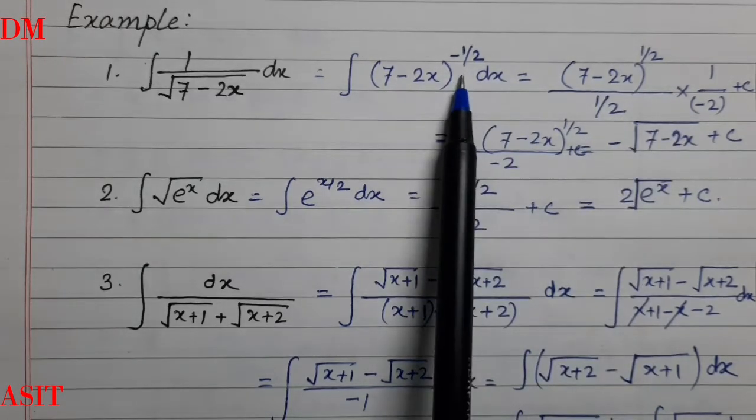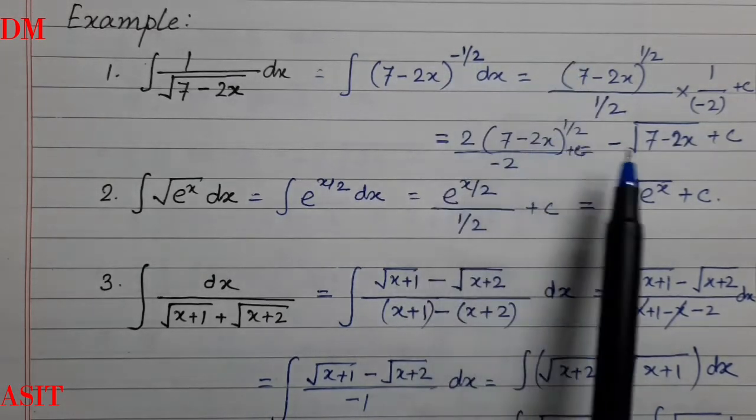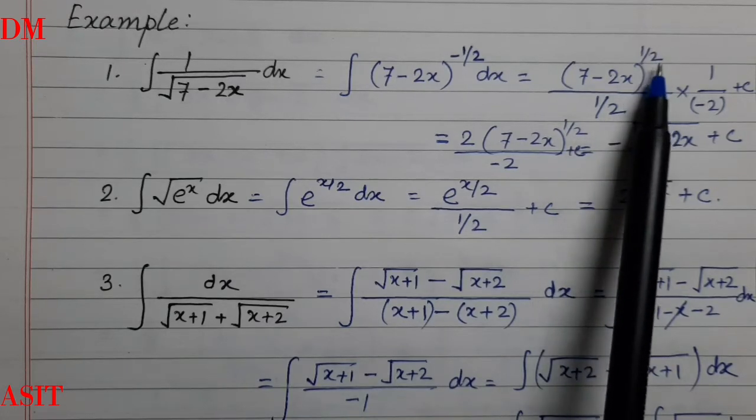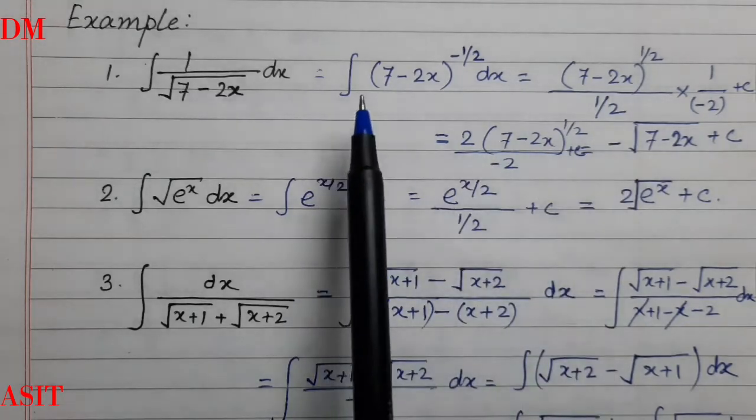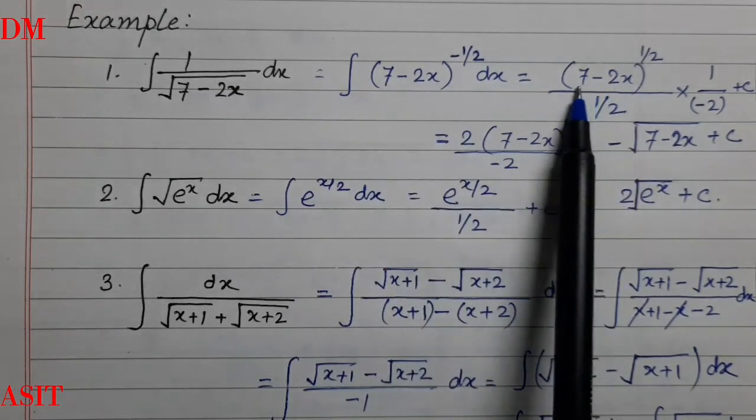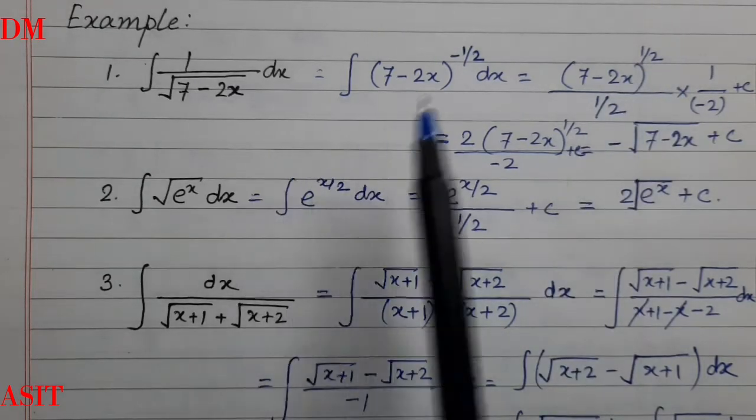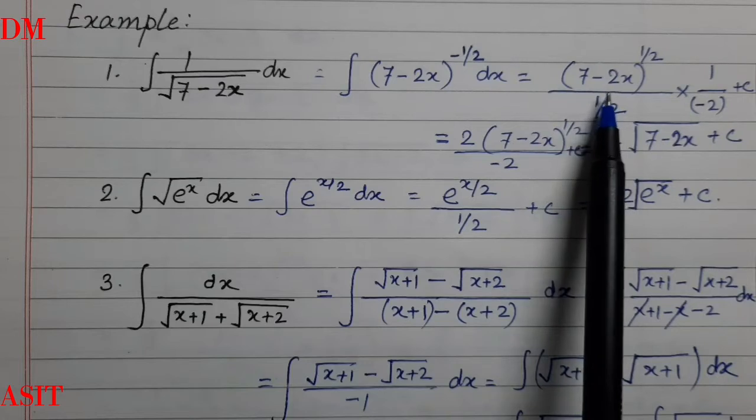Now n is here minus half. So minus half plus 1 by minus half plus 1. So we all know that minus half plus 1 is half. So therefore it will be x to the power half by half. But this is not x, this is 7 minus 2x. So (7 minus 2x) whole to the power half by half into,